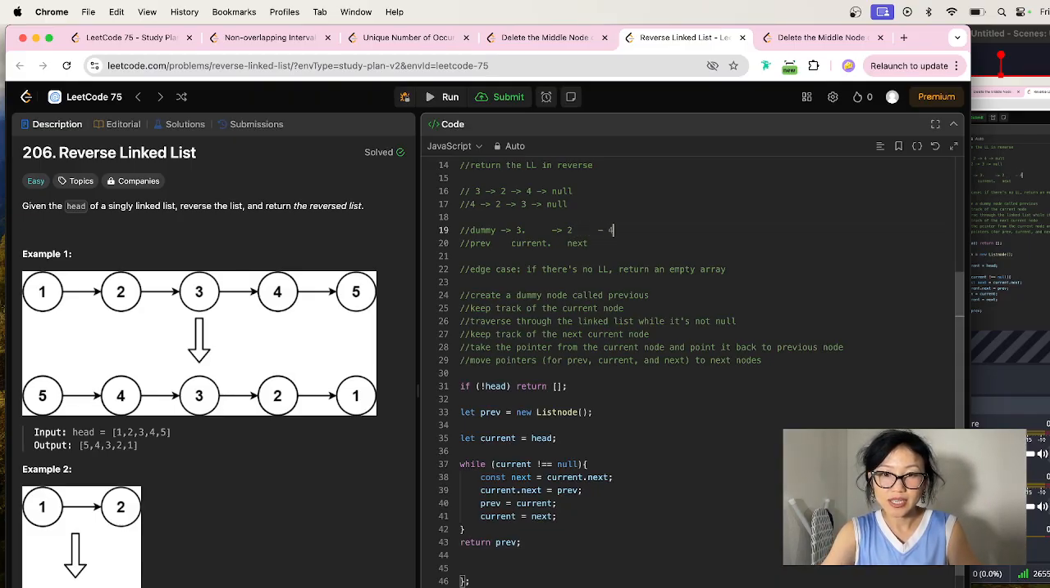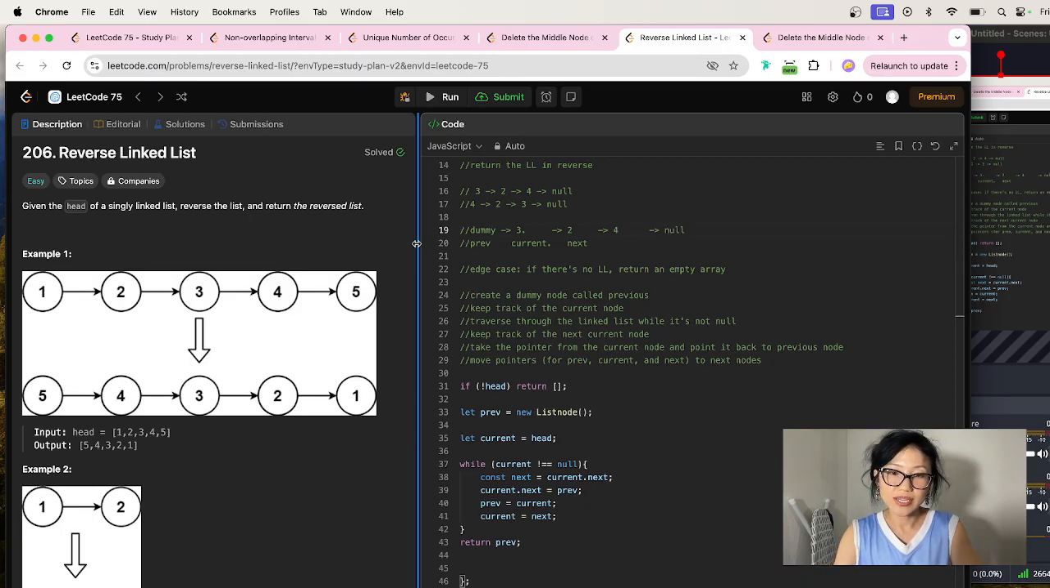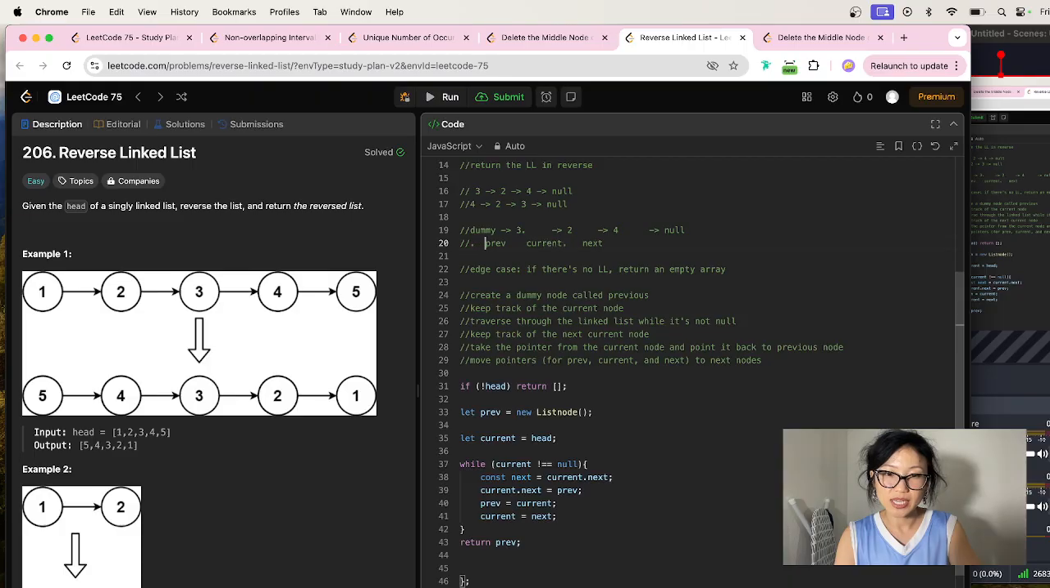linked list. Here's my 4, and then here is null. So in the second iteration, I anticipate to see previous move up, current and next move up, and then now it's going to keep pointing back. And then you can see here